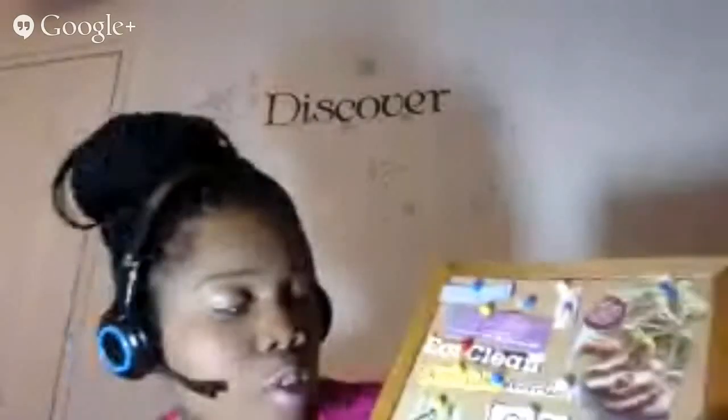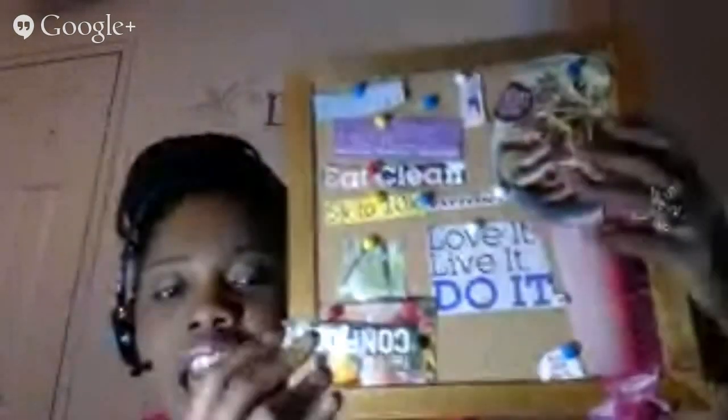So this one is my health and fitness corkboard, and it has some key phrases like 5K to 10K. Eventually, I do want to run a 5K. You can do it, and it has some inspirational sayings, exercise, and it has a picture of a smoothie. I love smoothies, and a healthy salad, a Thai chicken salad, and the word confidence that's sliding. And eat clean, health and fitness. And then there's someone exercising, and there's a lady that's walking, and it says, love it, live it, do it. So this is one option for a temporary vision board if you're interested in doing it this way. This is amazing. I thought about this.